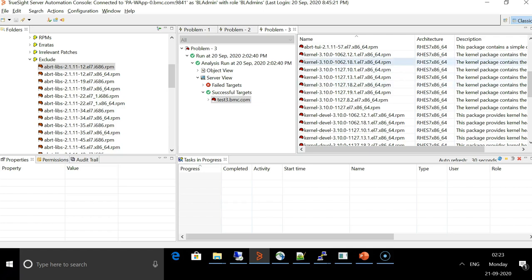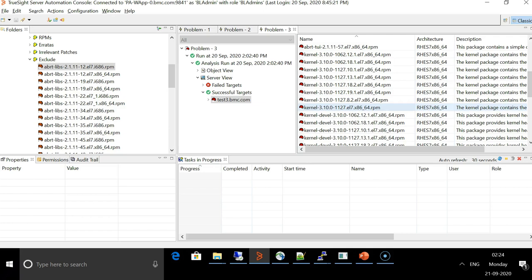Usually it is the kernel RPMs, and we see that all the versions of all the updates for that kernel RPM are being reported as missing. As we can see, eight versions of the kernel RPMs are being reported as missing. So when eight versions are being reported as missing, the remediation job or the deploy job is going to install all the eight versions, which can cause the boot file system to fill up, which may lead to problems as well. Or it's possible that the boot doesn't have space for two or more kernels, and the deploy job fails.